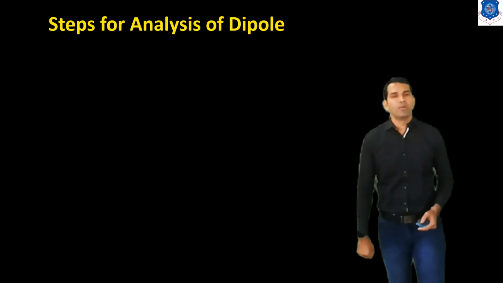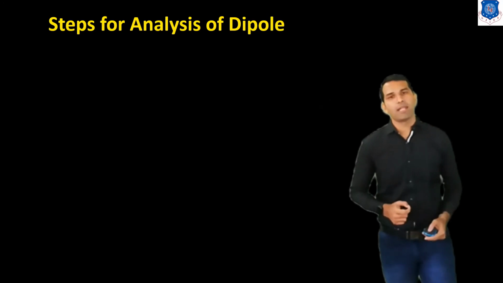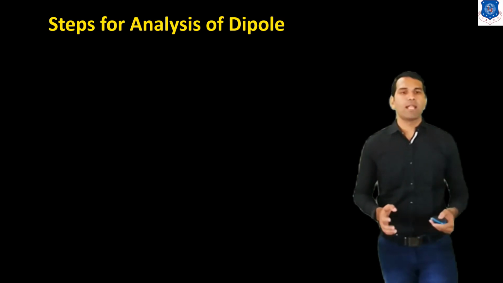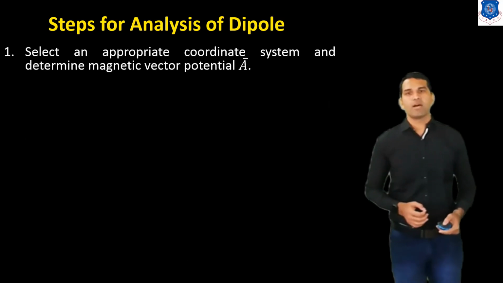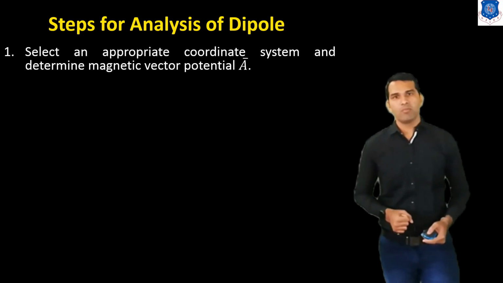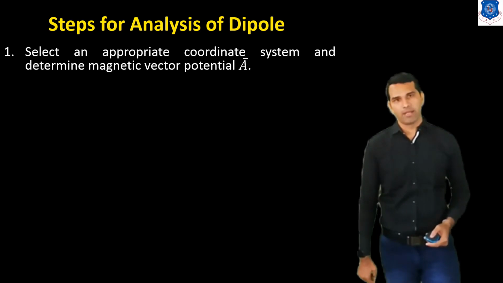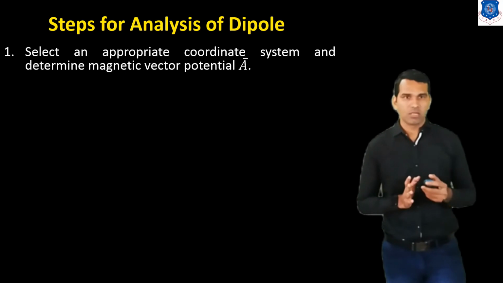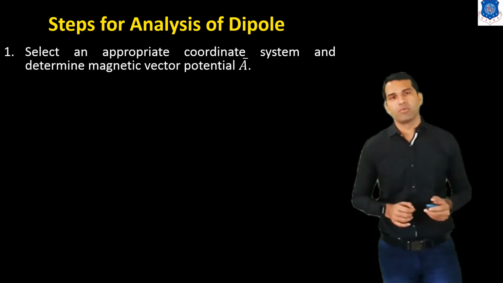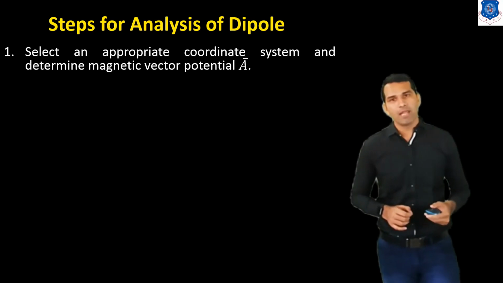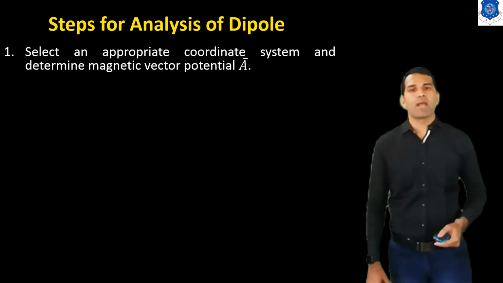Now we discuss the steps for the analysis of the dipole. There are different steps we have to use to analyze the dipole. First, select the appropriate coordinate system and determine the magnetic vector potential A. So we first have to select the appropriate coordinate system to analyze any dipole antenna, and then determine the magnetic vector potential